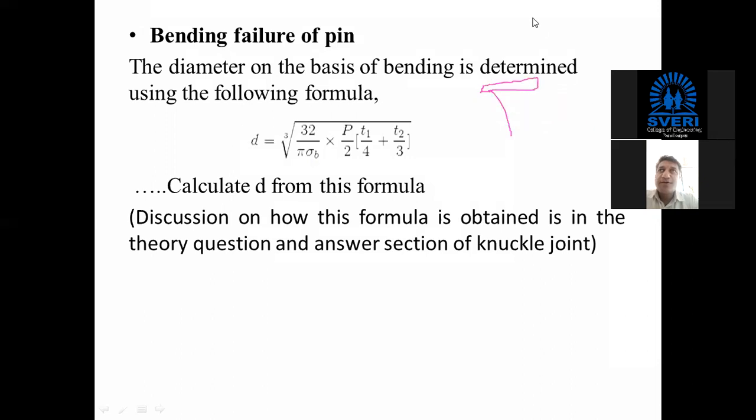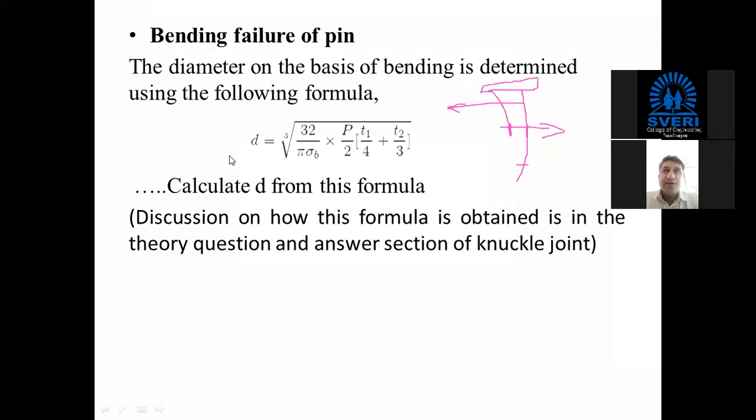That's why we have to consider the bending stresses which are generated. Basically, bending stresses are what? You have seen, either it will be compressive or tensile, right? So bending will take place. Single eye will try to pull here, double eye will try to pull in the opposite side, and hence bending of the pin will take place. And this bending stress is either the tensile stress on the farthest layer of the pin, or here the maximum compressive stress. Okay, that value we have to choose, and we have to check it for the bending.